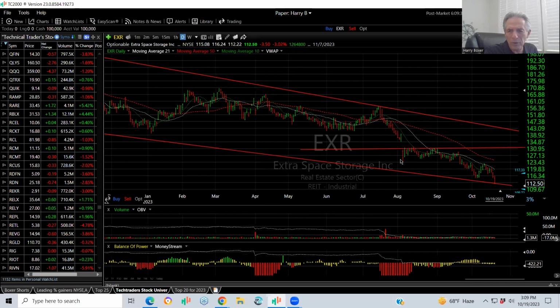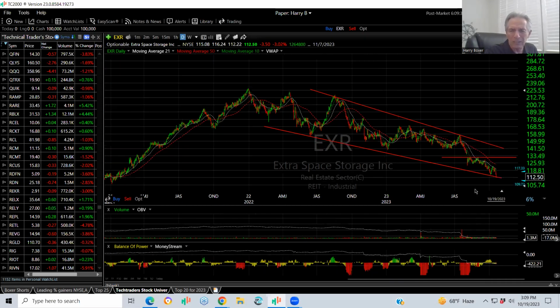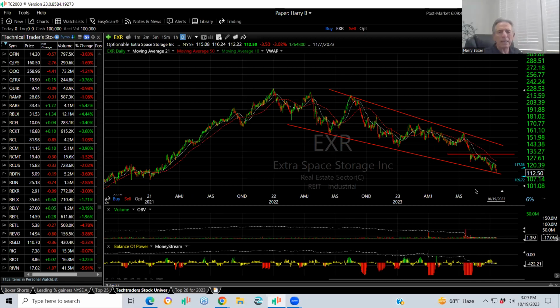I need over 130.31 with real good volume to say that this thing has turned around. And then we can go to 143 and 156. But to try to pick a bottom is dangerous. One of the biggest mistakes people make is they think a stock is cheap and it's spiked down and they're going to buy it because it's cheap. But this is a weak stock. It's also a REIT, and real estate is, with inflation and interest rates the way they are, not having a good time right now. That's for sure.